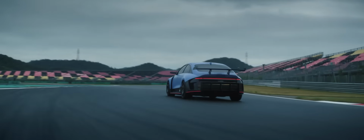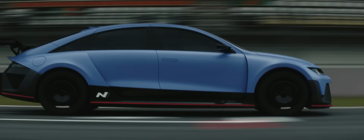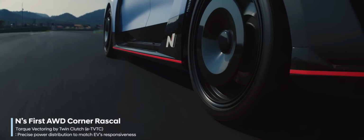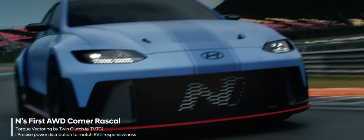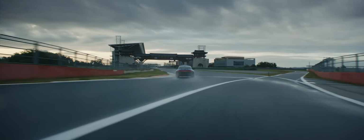This is our rolling lab, our lighthouse for future technologies. We are challenging and studying the physical limits of heavier EVs. If RN22e can master this, the future potential is endless. Thanks to torque vectoring by twin clutch, power distribution to each wheel is now faster than ever, allowing the RN22e to carve through the corners with increased speed and precision, elevating N's signature corner carving feel to